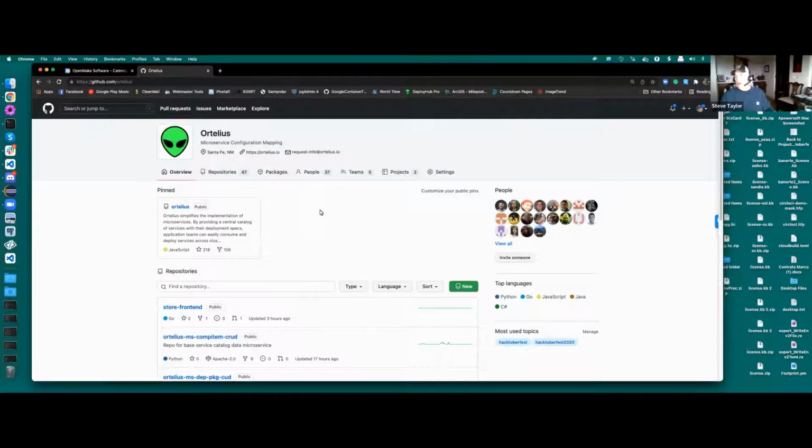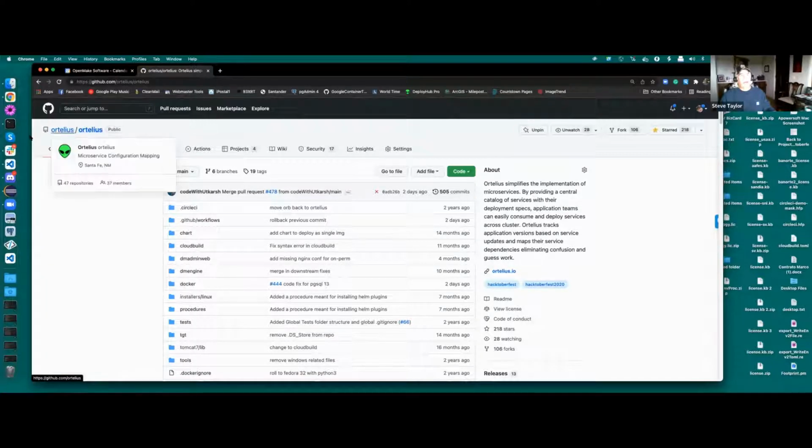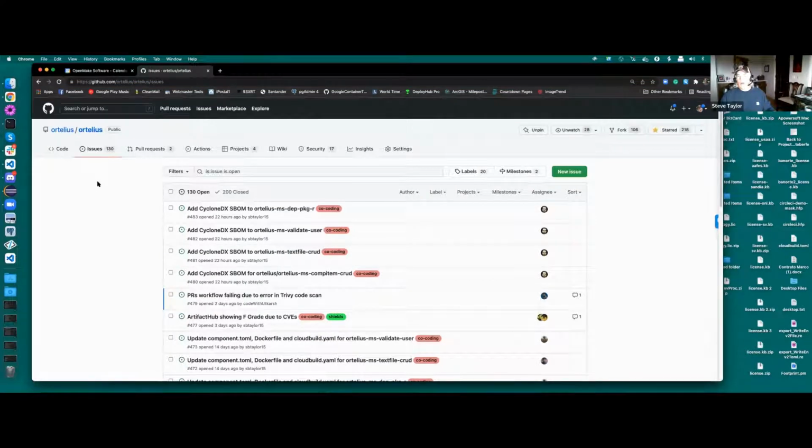So for those of you that are new, the way we have our repository set up is all of our issues are under the main Ortelius issues repo. I had a meeting with a new person yesterday. I believe it's Hamil. He's in Armenia and was interested in doing some additional DevOps pieces. So I created some new issues. Right now they're all assigned to him, but if we want, we can split these out into different folks taking